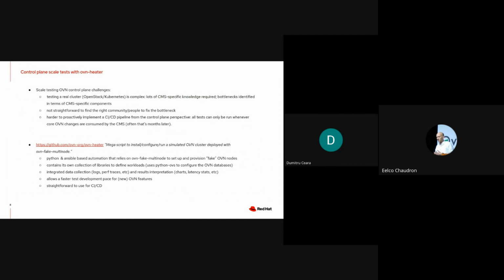You need lots of CMS-specific knowledge. And if a bottleneck is identified, it's usually identified in terms of CMS-specific components. So when you scale up the number of services, with so many service endpoints, things don't work well. But the problem is, how do you translate what a service is to OVN world? So it's not always easy to find the right community or people to fix the bottleneck once a bottleneck is found. It also makes it harder to implement a CI/CD pipeline,